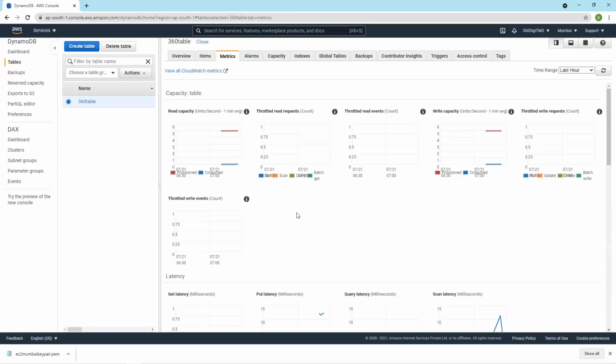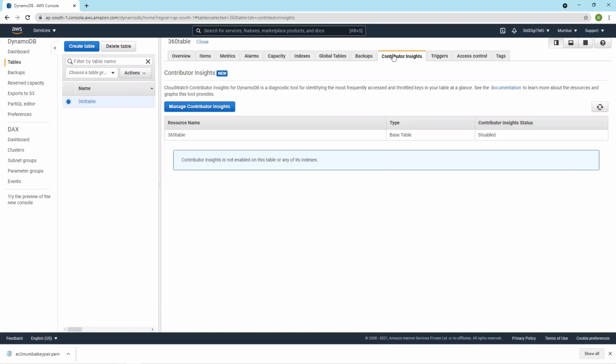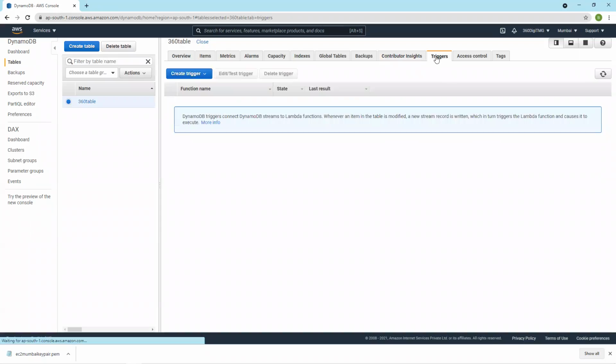This monitoring tool is attached to each and every service. You can monitor the metrics using CloudWatch. However, if you want a DynamoDB diagnostics tool from CloudWatch, you can manage contributor insights and triggers.